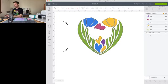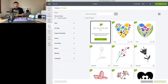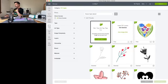Right, so the next thing that I want to add is the word love. So I'm going to go back again to images. I did search for this before and it's way down the page. So I'm just going to use the image number. So with your images, if I go on to information, you can see there's a code. So this one's